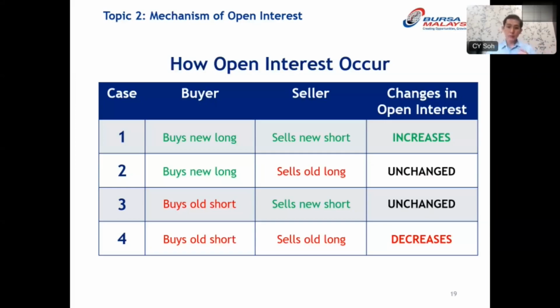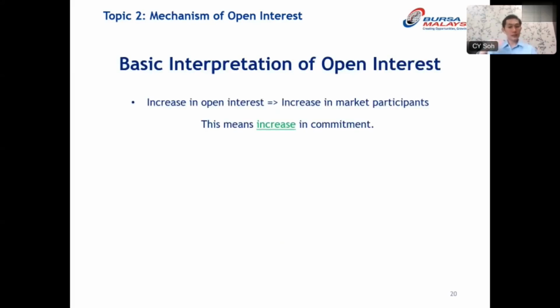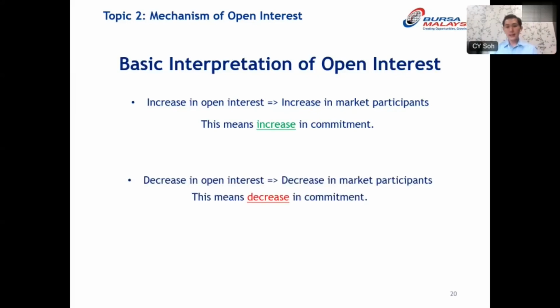So this information will enable you to draw some conclusions about the strength or weaknesses of the current price trend. Now, the basic interpretation of open interest is very simple. When you see open interest increase, it means more people are entering the market. They are committed in a particular direction. On the other hand, when you see open interest decrease, it means fewer people are remaining in the market, because